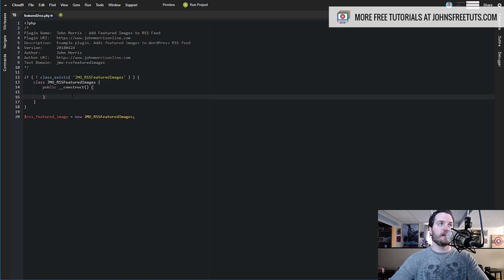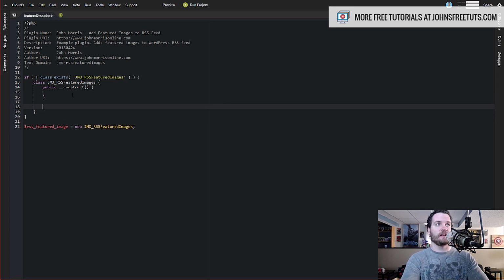That's pretty much how I always build my plugins, unless there's some reason not to do that. It just sort of helps keep everything self-contained. It's a little more organized. I also know that I'm going to need